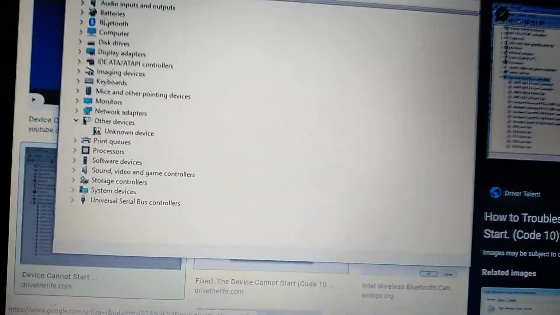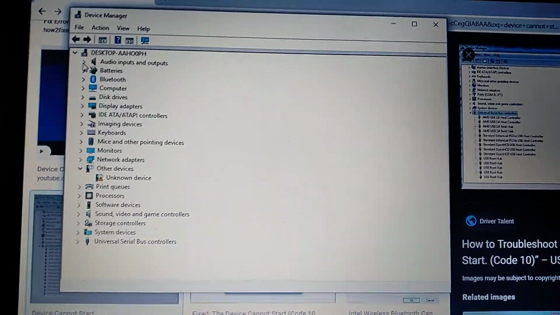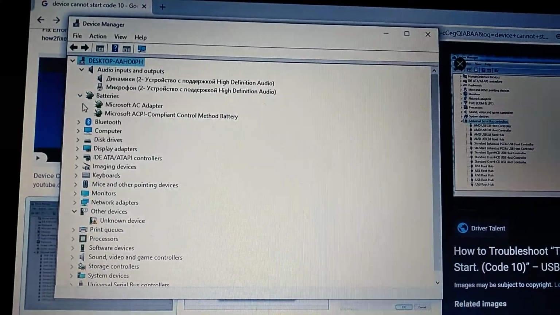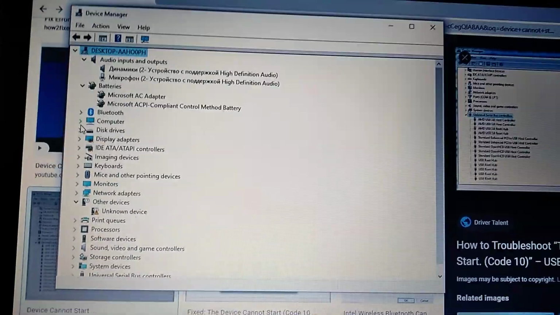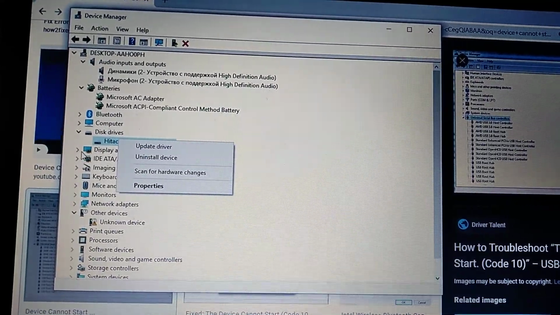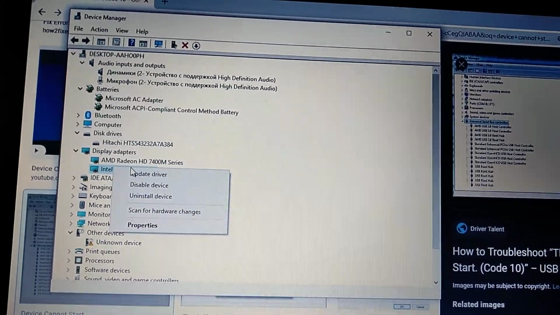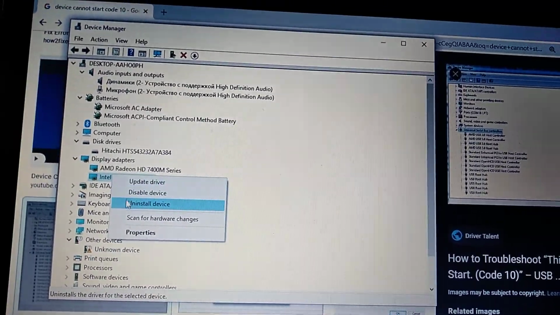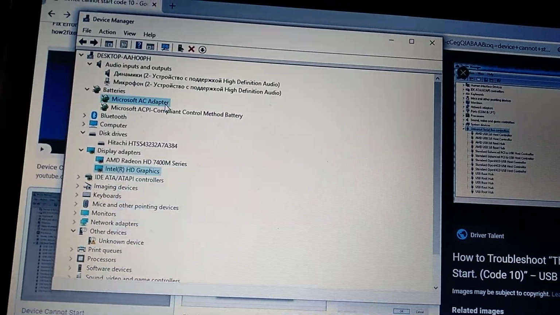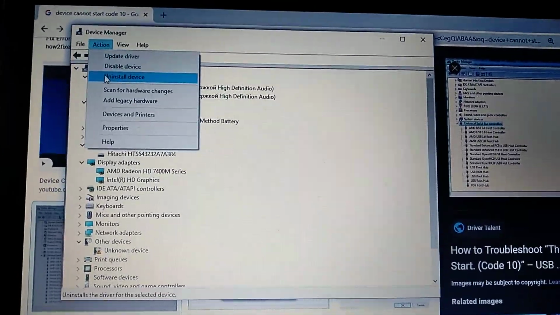So here you need to choose a device driver. If you have problems, so you have errors with some device, for example a disk drive or a display adapter, you choose the device that has the problem, and you choose Uninstall device. After you uninstall this device, you just need to go to Actions and choose